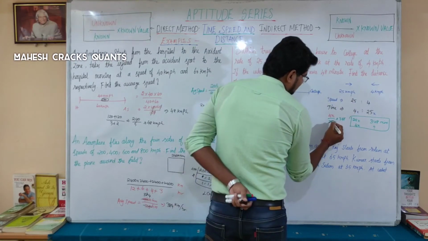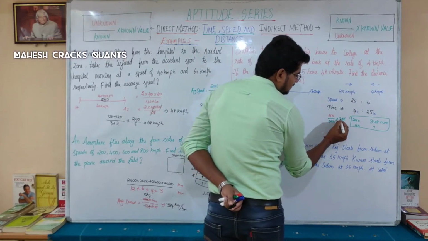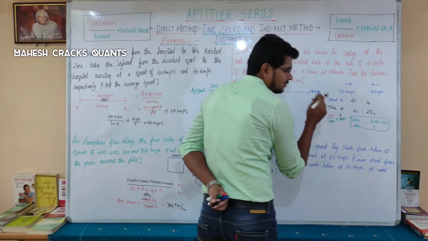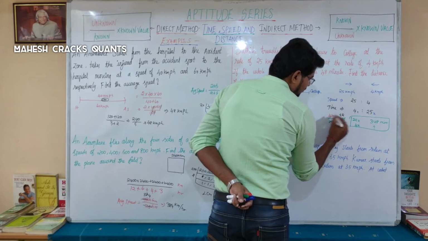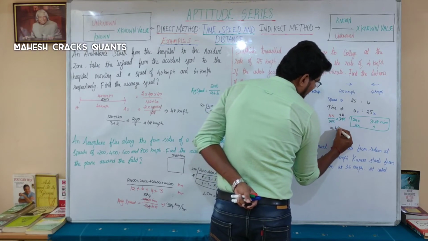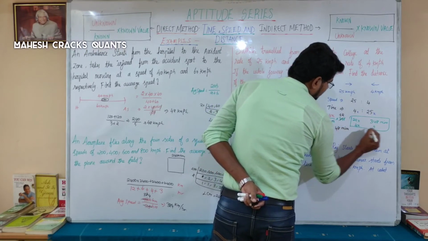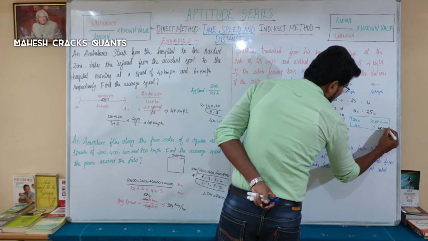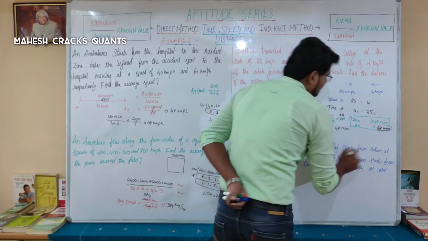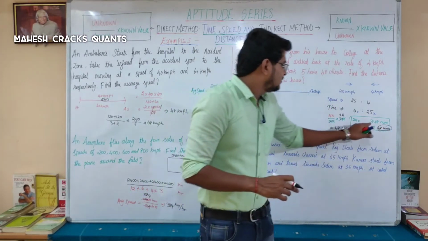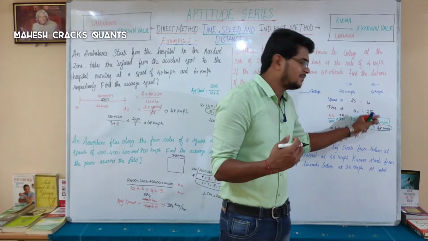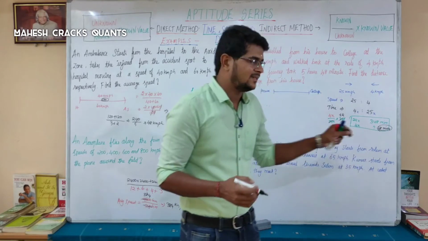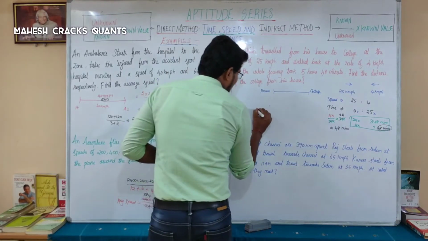So cancelling this, you can cancel with 29. 1 times 29 in 34, and the remaining 5 in 58. There are 2 times. Totally 4 into 12, 48 minutes. So he takes 48 minutes while going from house to college, and returning with 300 minutes. Okay, which is nothing but the remaining time is for returning, right? So 48 minutes